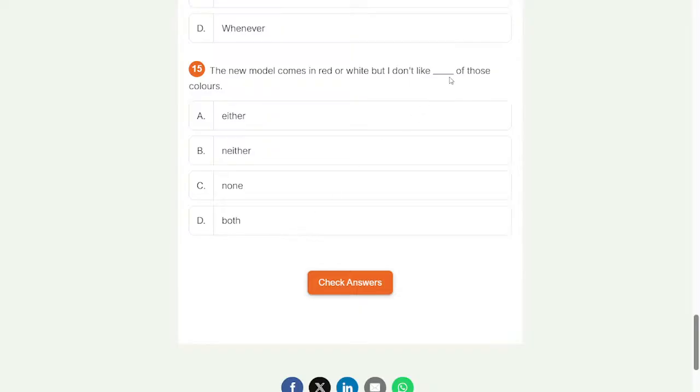As I remember, we do not use "of" with both, or we use it. There are some cases when we do not use both with "all" or with "of", both of. I don't like either of those colors. It can be acceptable because either, neither.